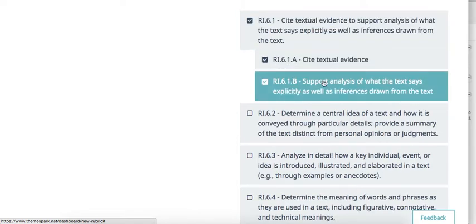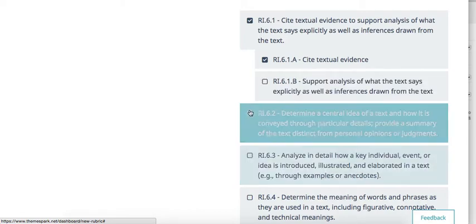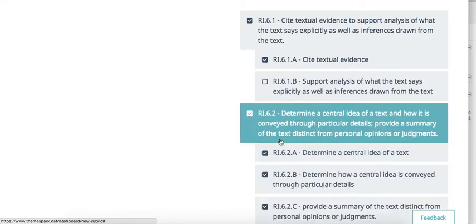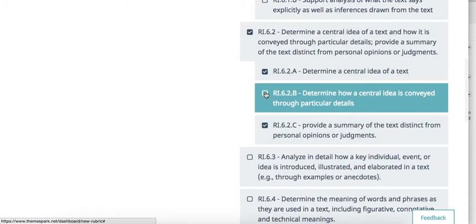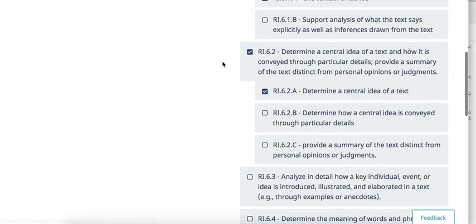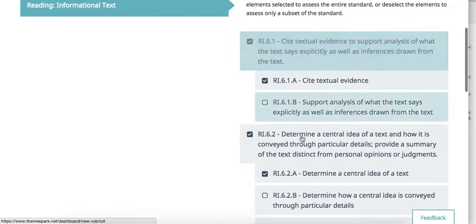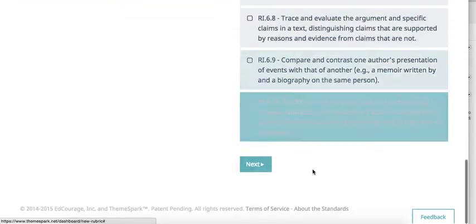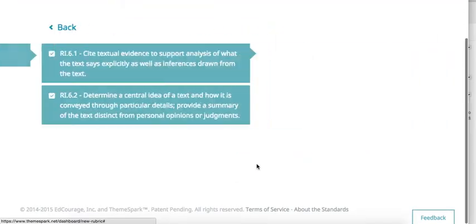So maybe I'm not working on supporting analysis. I'm only working on citing textual evidence. I can just uncheck that box. I can also add in other standards. So if I'm also working on 6.2, I can click there, and then I can actually say, you know what, we're only working on the essential idea of a text. So now that I have my two standards selected, I go down to the bottom, I click next,